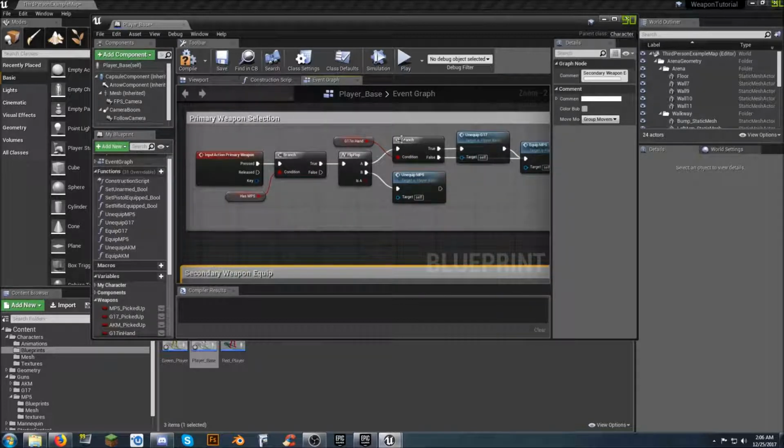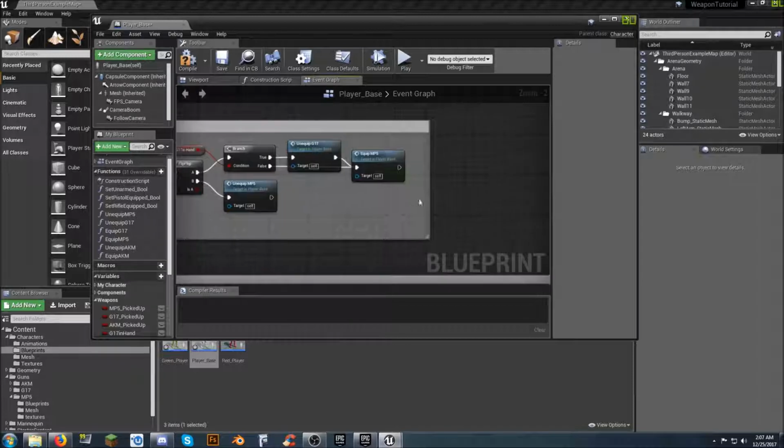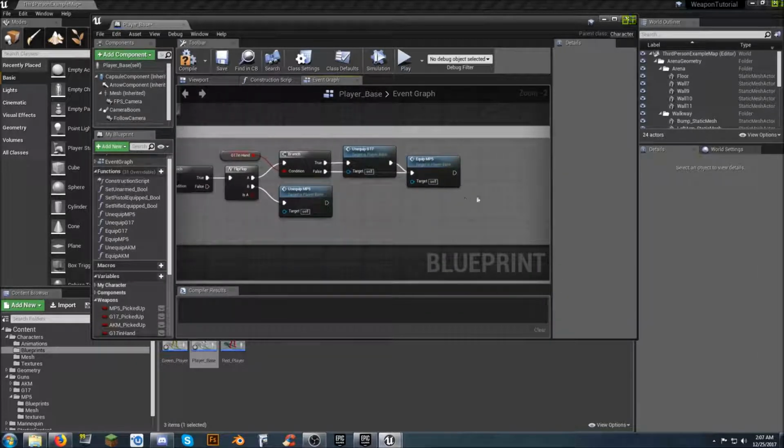So what we're doing is we're checking to see if we have the, okay, I'm sorry, this is the MP5. This is the MP5. So we're checking to see if we have a Glock in our hands. Well, we need to do the same thing over here to find out if we have the AKM in our hands. So I'm going to grab these guys, going to drag them over,